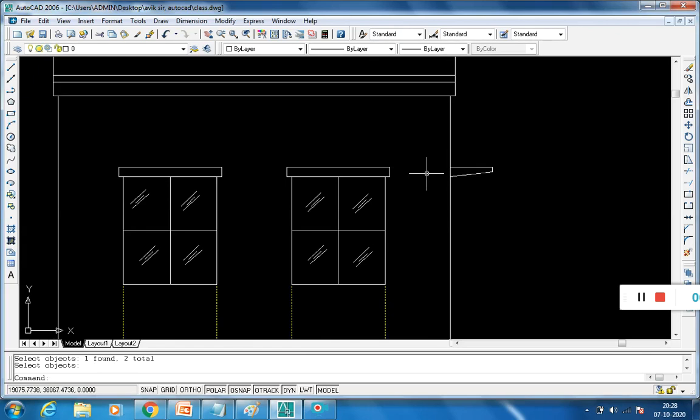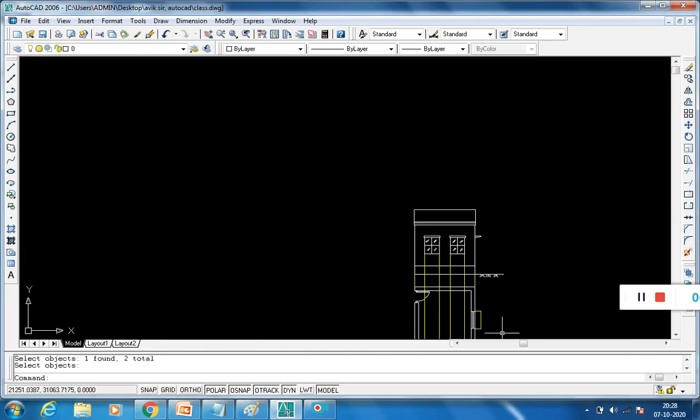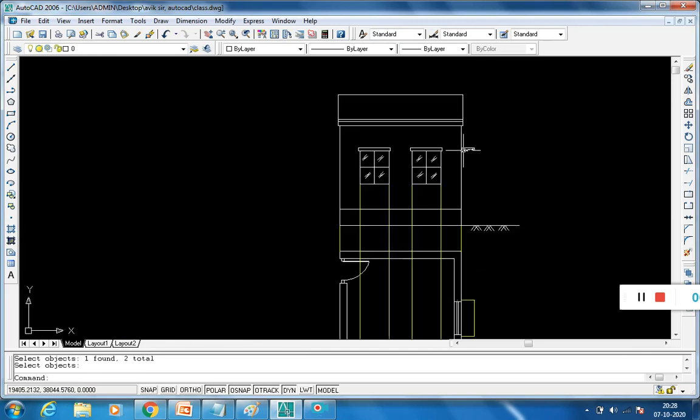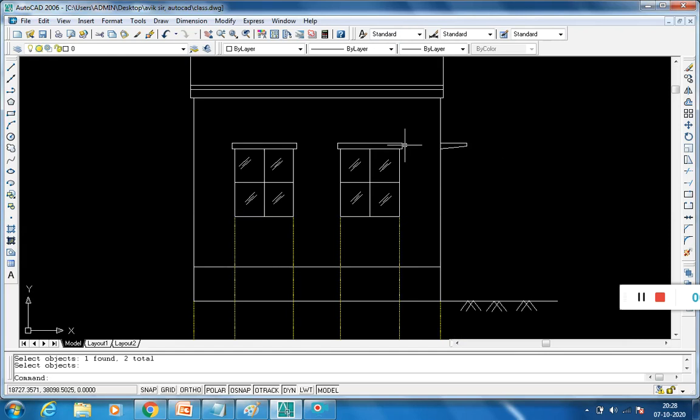So you see that this portion will come. On the front view, this portion will come. Here we extend the line to get this point. Then we draw the lines to get this point. The height is 100, so from that we draw the line 450, then vertically down 50, then we connect by this line using the polar mode.